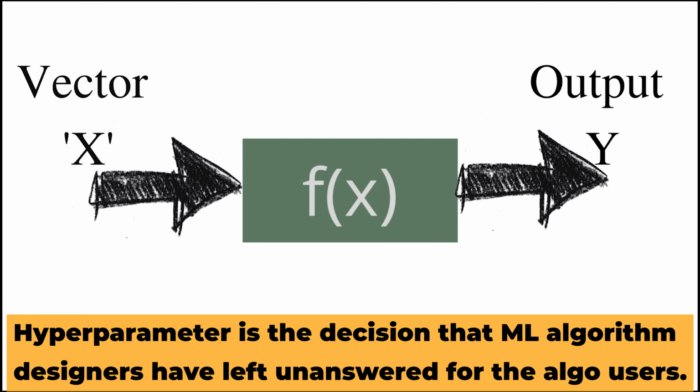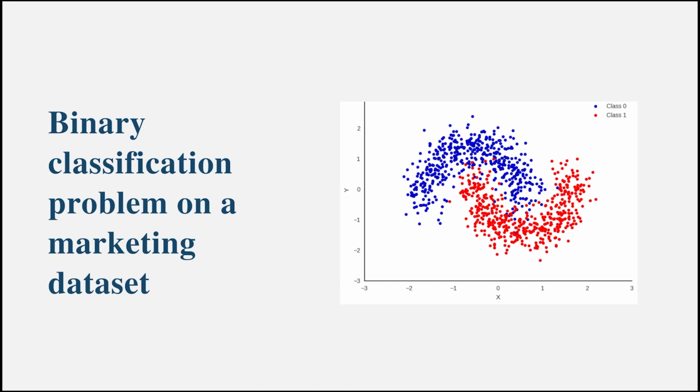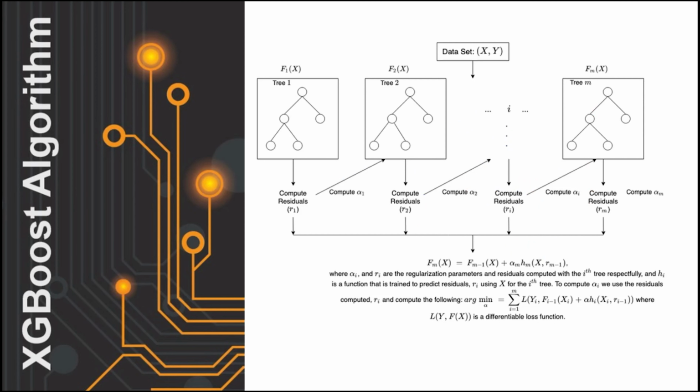I think a small example would best solidify our knowledge here. For instance, let's say that you want to solve a binary classification problem on a marketing dataset. Your goal is to maximize the area under the curve metric. In this case, we are training an XGBoost algorithm model. If you remember, we saw how we trained an XGBoost algorithm model to predict the age of Avalon in our last video. Do check that out, it was a really informational video.